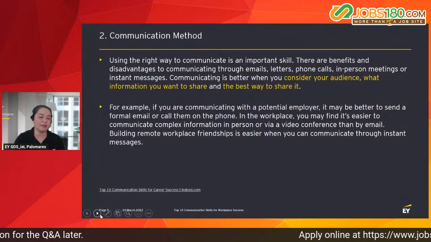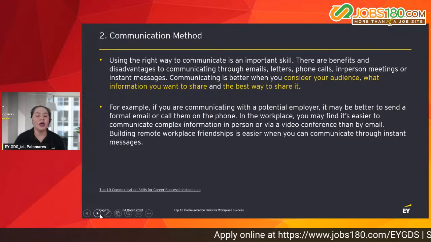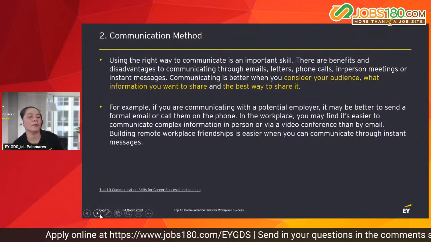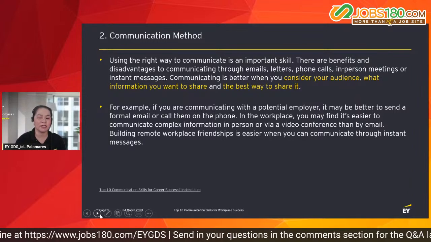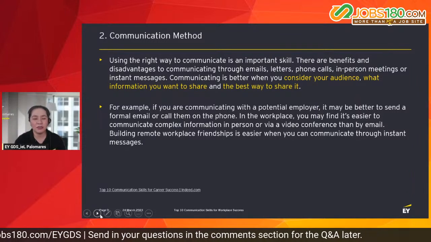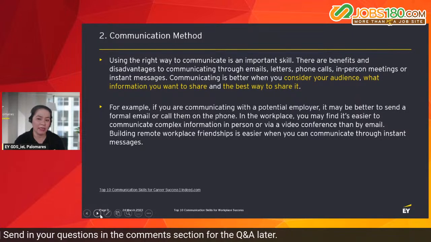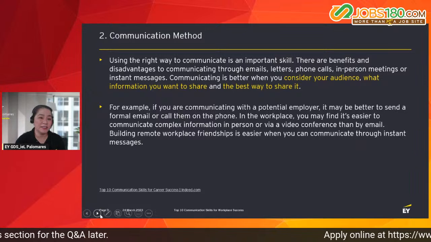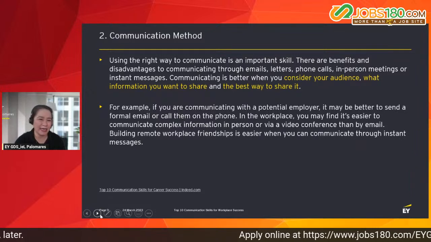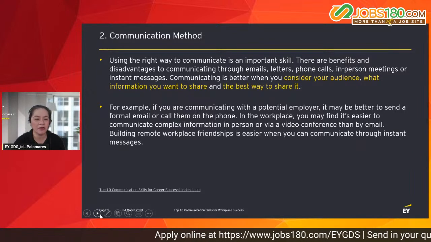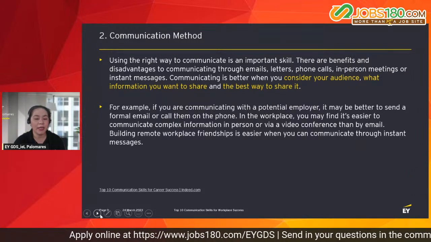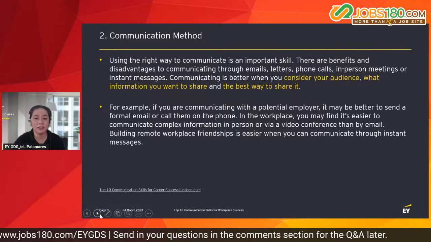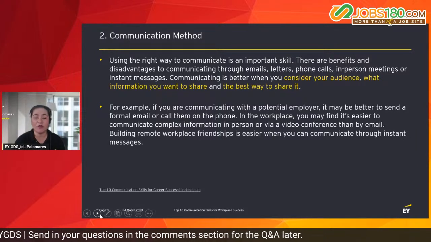Next is communication method. Okay, so number two, using the right way to communicate is an important skill. Right now people communicate through emails, letters, phone calls, and actually not too many letters already, not unless it's a formal letter. Phone calls, in-person meetings, or messaging, if you're into WhatsApp, Discord, Viber, FB Messenger, whatever that is. Okay, so make sure that when you communicate, you consider your audience. Okay, so if it's a formal setup,